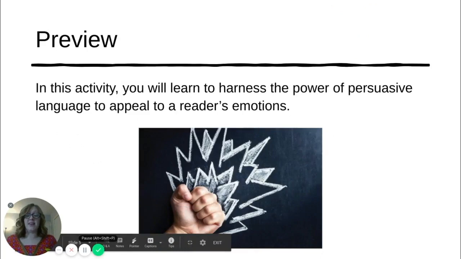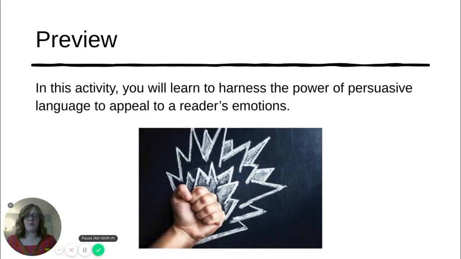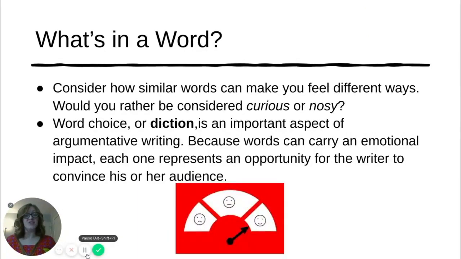In this activity, you will learn to harness the power of persuasive language to appeal to a reader's emotions. So, let's jump right in. What's in a word? Consider how similar words can make you feel in different ways. Word connotation is the feeling or idea that's suggested by a word. That means one synonym of a word can give you positive or pleasant feelings, but another synonym could give you